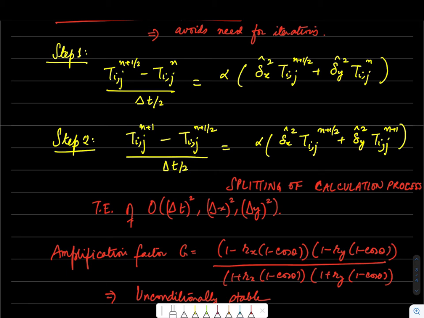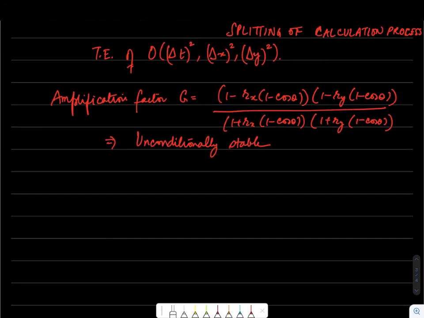The third step will be that we'll go to n plus 1, and the z derivative, which will be del hat y square, will be at n plus 1. So this can be easily applied in 3D, can be extended to 3D problems, except that the time stepping will have to be n plus 1 by 3, n plus 2 by 3, and n plus 1, and the order of the method there suffers.